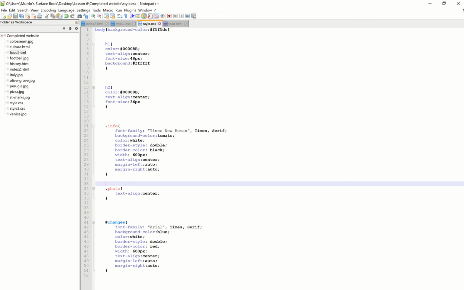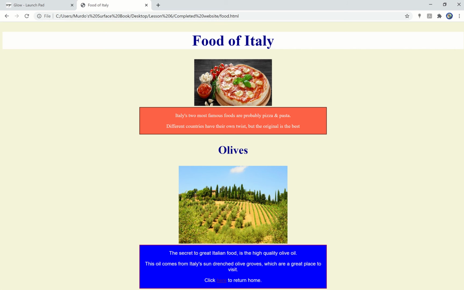Okay, so our class will continue to style the other elements, whereas this ID will style this one individual element within our page. Okay, let's go and look at how that looks. So there we have it. There's our H1 heading, a class of photo applied to this picture, class of info applied to this element of text here, our H2 style applied here, a class of photo again applied to this picture, and we have the ID of changes applied